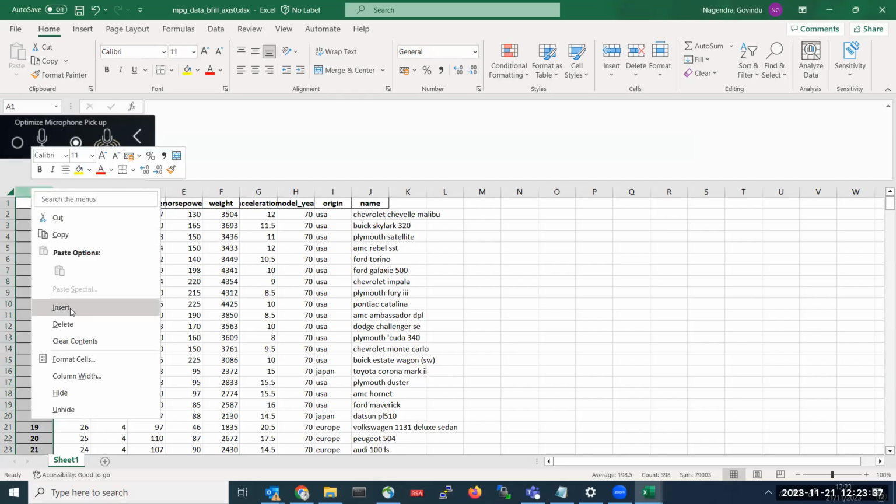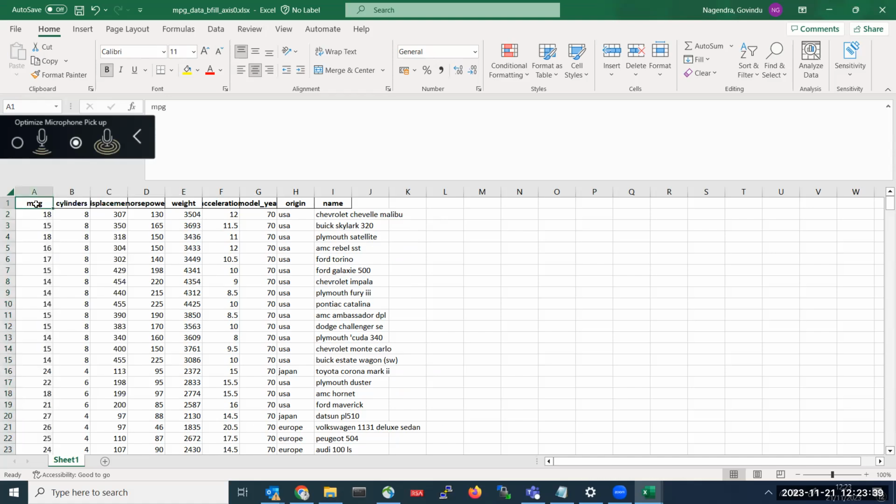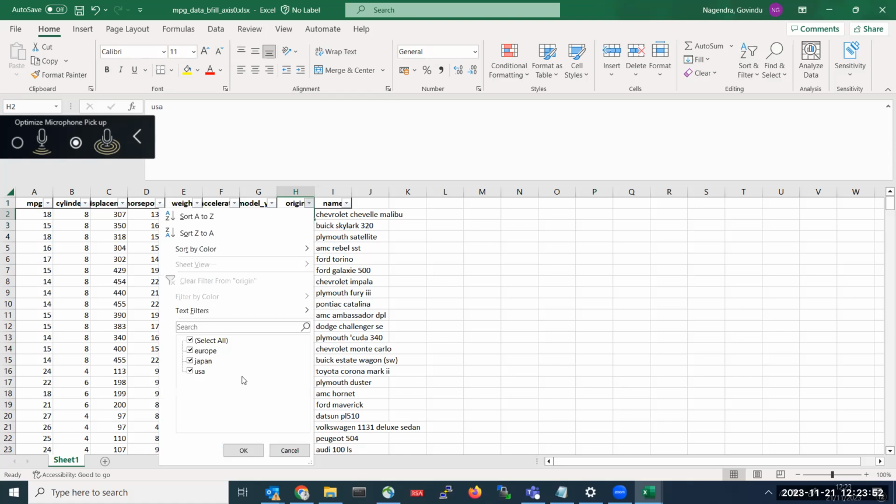This is the MPG data which we have considered for our data analytics. Here some of them are related to country of origin USA, some are related to Japan, and some are related to Europe.